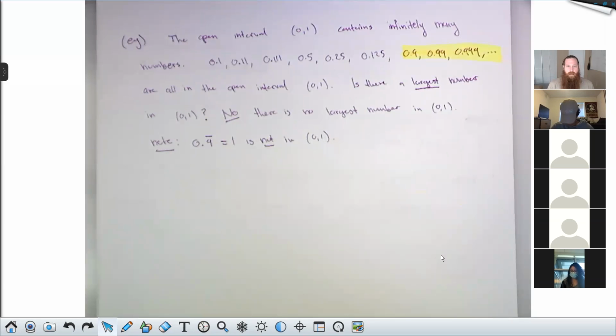The idea that I want to get at here is that if you look at all the numbers in this interval 0 to 1, it does contain infinitely many numbers. Neither 0 nor 1 is in there though. So between 0 and 1, there are infinitely many numbers. And we can sneak up on the number 1 while staying in this interval, but we cannot get to the number 1 while staying in that interval. And the idea of a limit very much comes from this sneaking up on, or seeing what we get closer and closer to as we edge towards the side of some open interval.